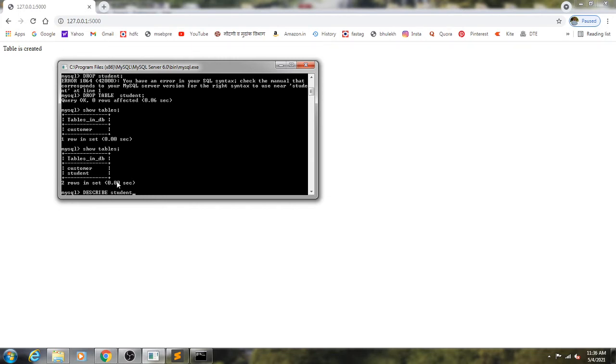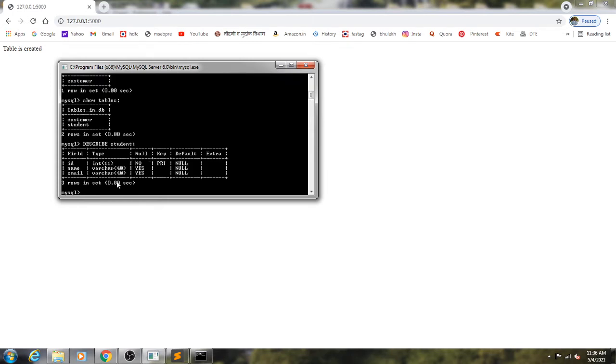It will give you the name of the field and the type of the field. You can see the first field is ID, type is integer, by default it has width 11. Then Null: No, this is the first constraint we have given in the create table command itself. And the second is Key: primary. So two constraints are associated with the key field ID. Second field is name and third field is email. So we have created this table by using a Flask script.